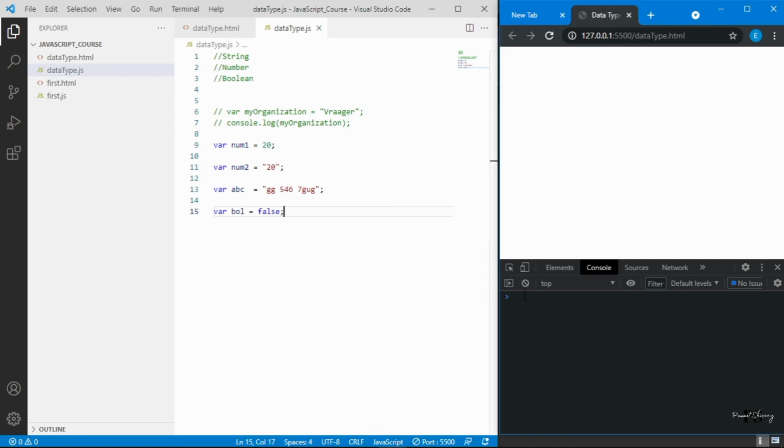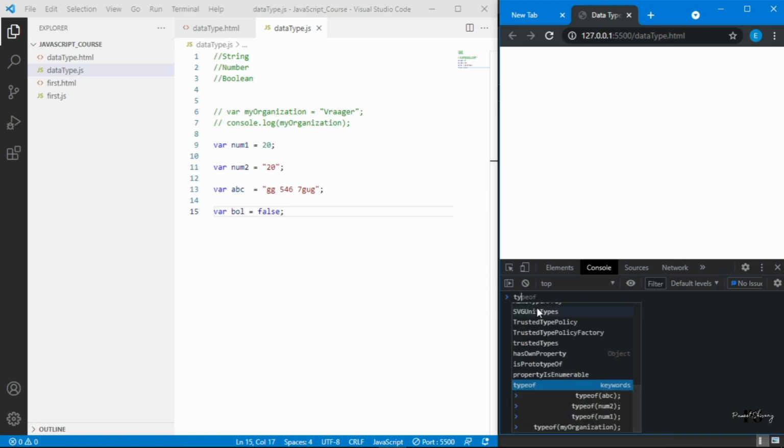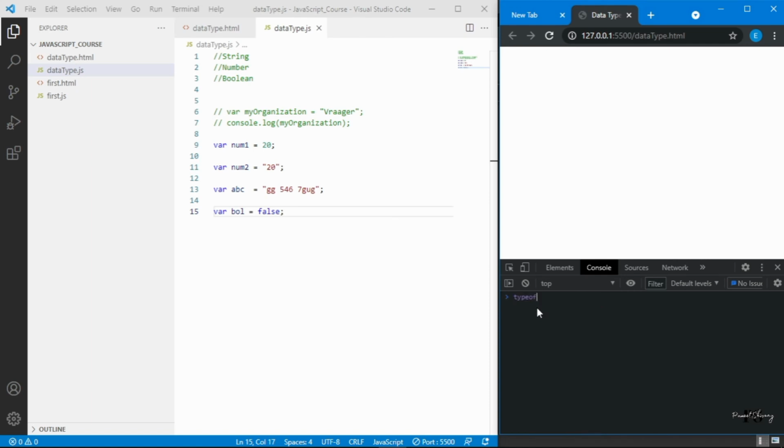If I print the value of bool, it has the value false, and if I also print the typeof bool, what is the type? The bool variable which I have created is of type boolean. So it will only reflect the value either true or false.